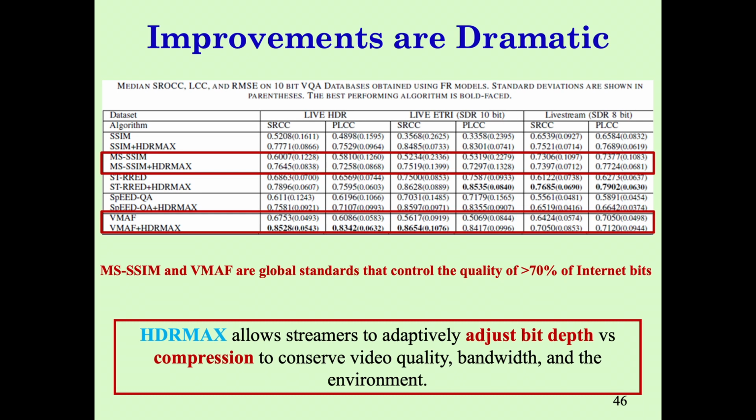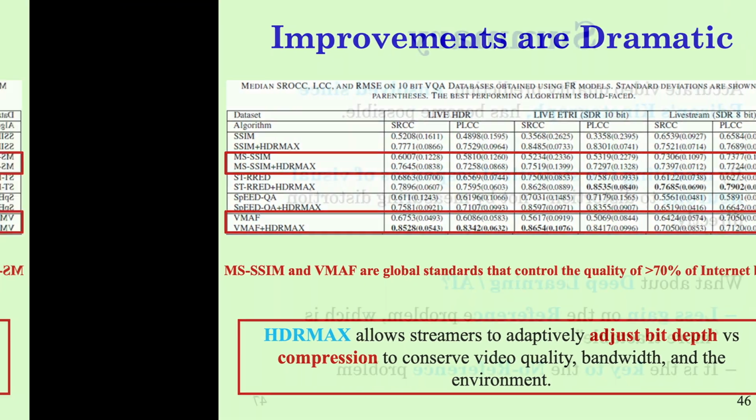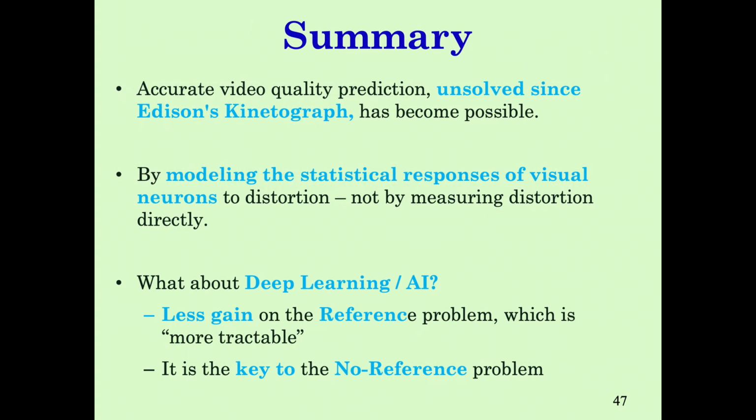Again, this is feeding the same sort of natural scene model. It's all based on the natural scene models that we've been talking about, the Gaussian scale mixture. So, just to finish up, video quality prediction, once thought of as impossible, because